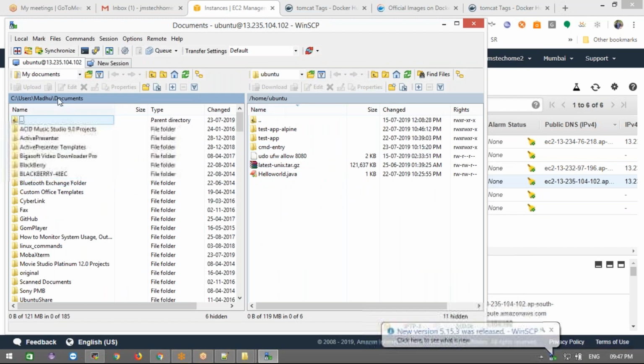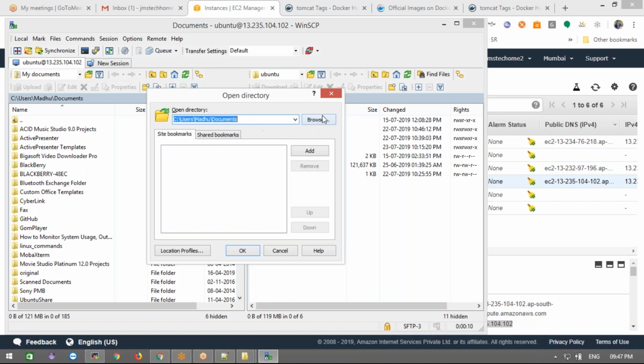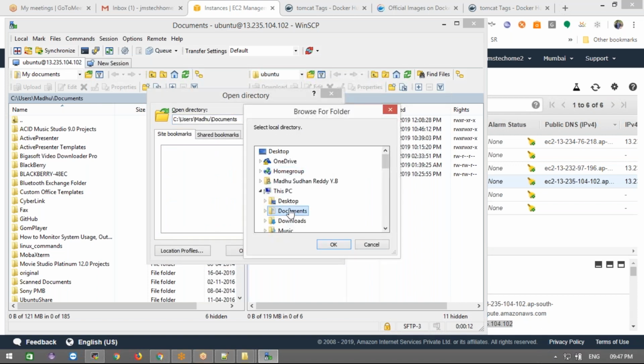Now, how can I move this file there? Which folder do I have it in? In my software folder, the DevOps folder, then Docker practice, and then deployment.